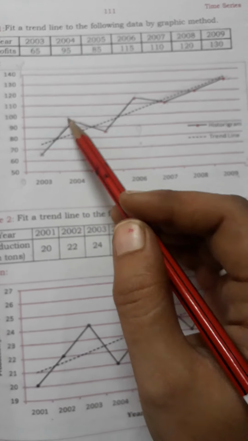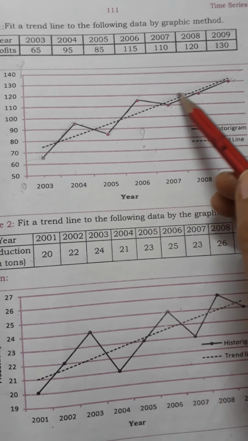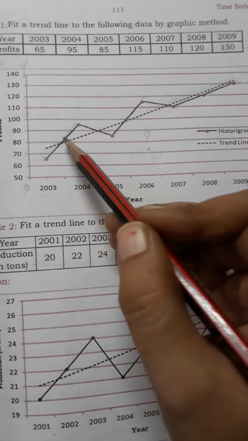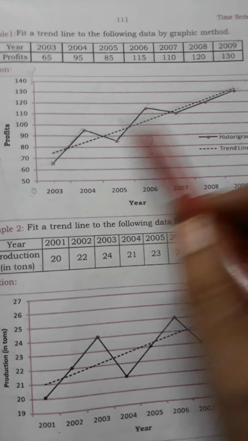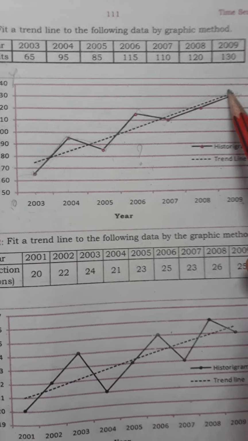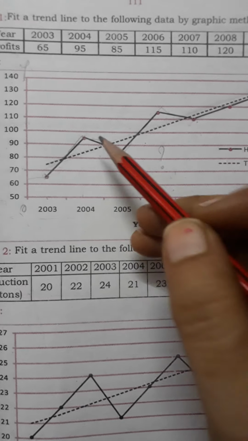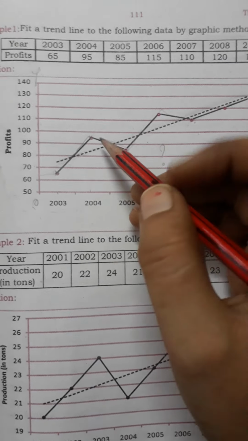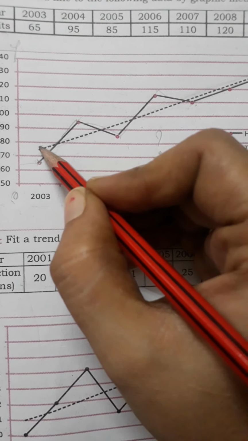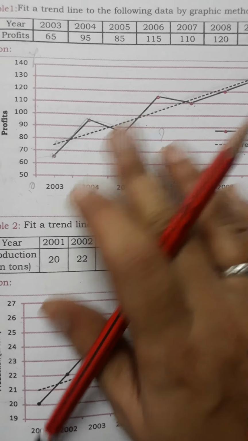After plotting all the values in the graph, we need to draw one smooth line between the dots. It is called an imaginary line and we are not plotting this line based on any points. Okay, children, this line is drawn according to personal judgment. Here there are no particular dots to draw this line. For example, I am drawing the line like this, and you may draw it a little above this line. Depending on personal judgment, we are going to draw this line.